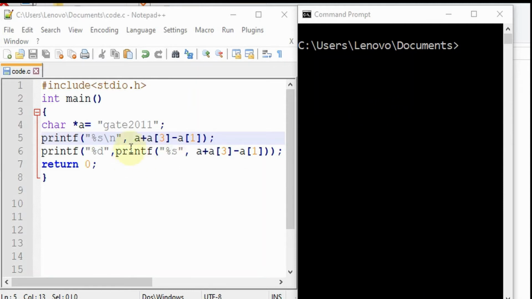We are going to take one more example on pointers in C. So this is our standard input output header file, and this is our main function. This is something important we need to understand. That is, this is our string. We are mentioning a string in here, but we are giving the type character. We are giving the type character, but we are storing a string. So how is that possible? This is actually possible in the C programming language.